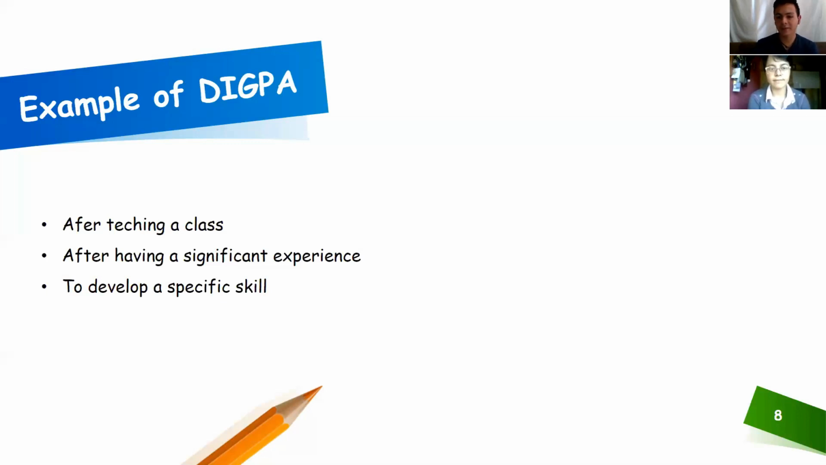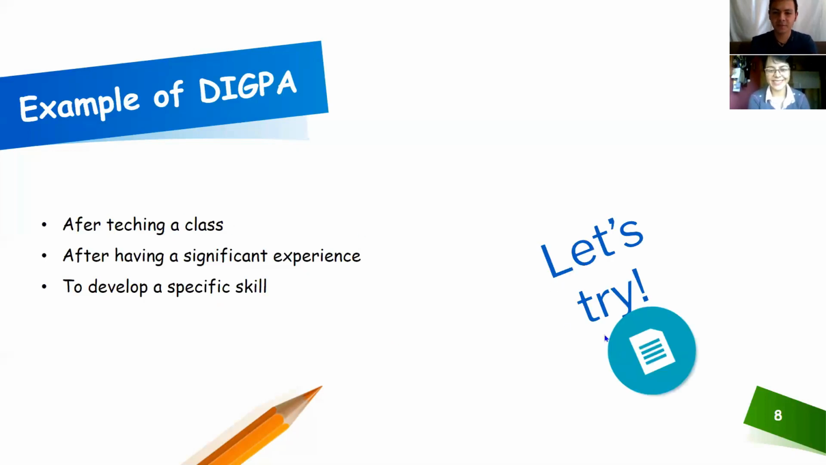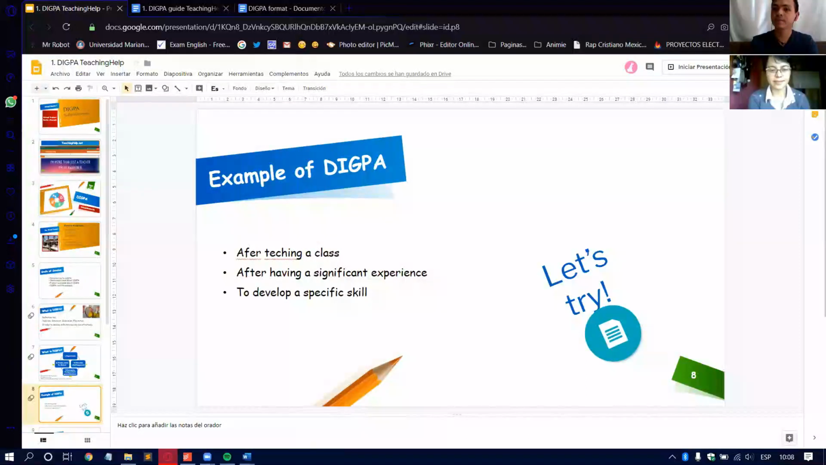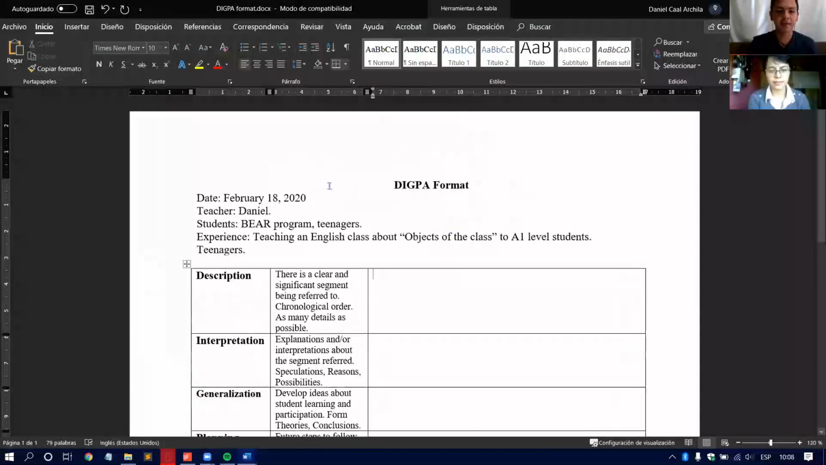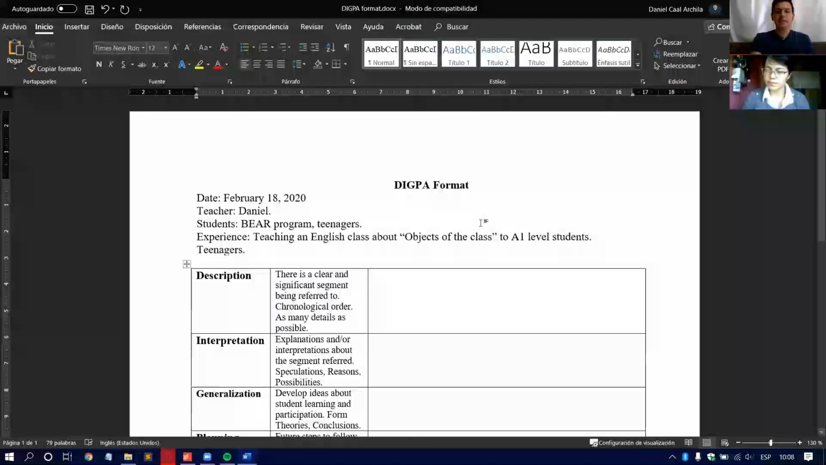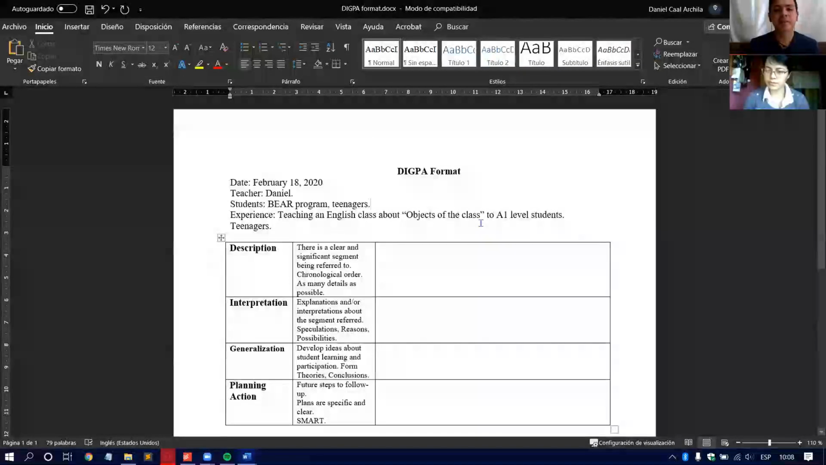So might we start with the example, Karina? Yeah, I think it's about time to start. Okay, so let's try. So this is a format that we can use to help ourselves go through the DIGPA process. Here we should write the date. Let's say today is the 19th, right? Yeah. 19th. Let's put